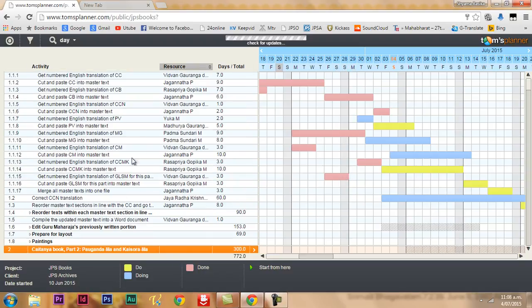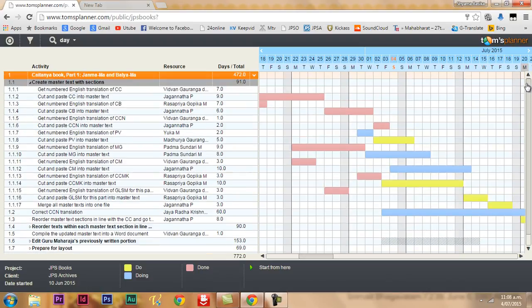This is not frozen. I keep updating this all the time, because sometimes some of our devotees complete the task much ahead of the time that they are expected to complete. Okay, now regarding the work itself, the Chaitanya book work, I must spend some time to explain how we plan to do this.